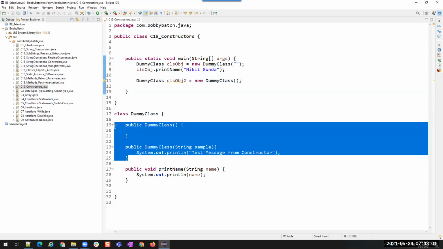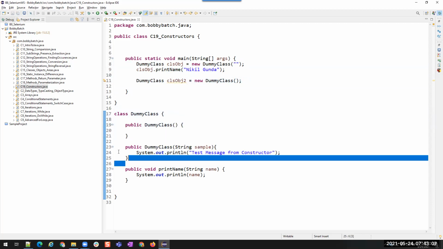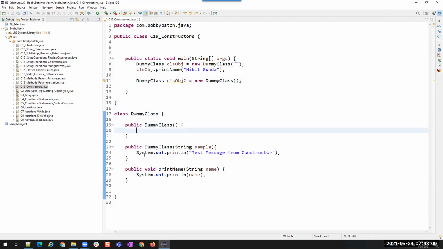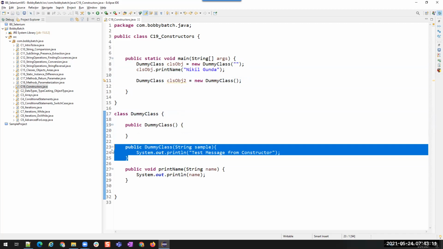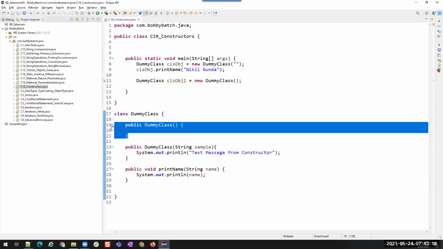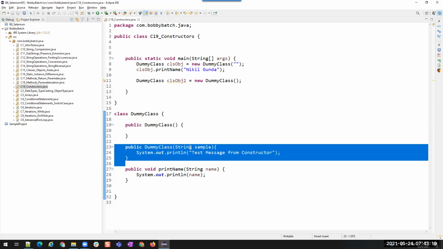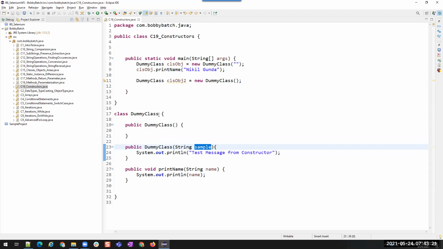You see, when you don't have any constructor, Java assumes that there is an empty constructor. But you have already implemented a constructor with a parameter. That means you are going to implement some constructors. So Java will not by default implement the empty constructor, because it assumes that you are going to use this class only with the parameter, and you need this parameter for this class mandatorily.